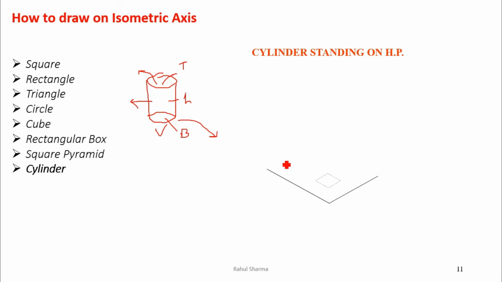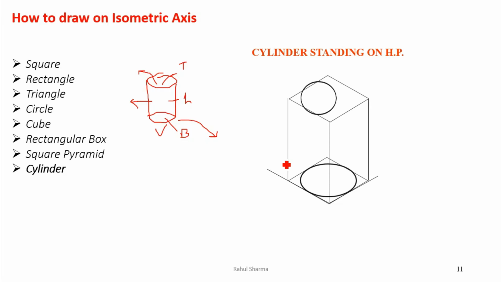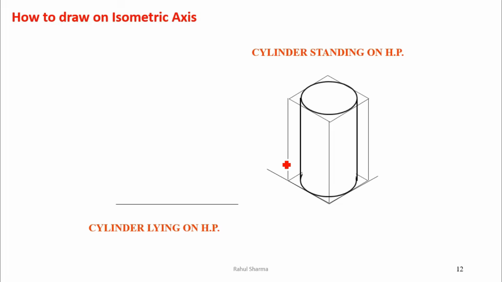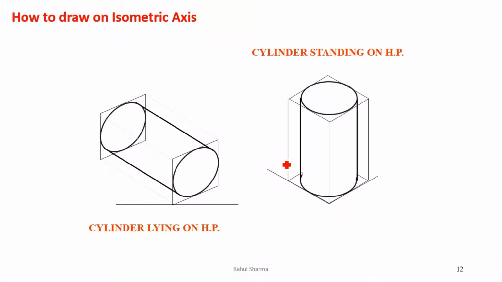So you can see here how we will draw. First we draw the ellipse with the same 4 center method, then we take the height, box in upward direction, same ellipse on the top, and then tangent to the 2 ellipses. So in this way we draw the cylinder. Same we have to draw the cylinder in horizontal direction. Let's say that was the cylinder vertically, now in horizontal direction we draw it in this way. Here I am showing you only the steps which you have to follow, but in actual we have to use the same 4 center method which I have shown in other videos, so you can go and watch those.